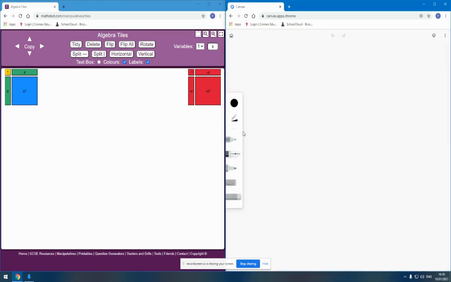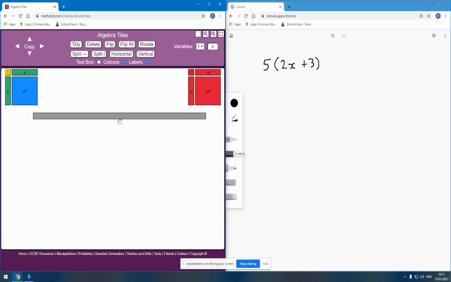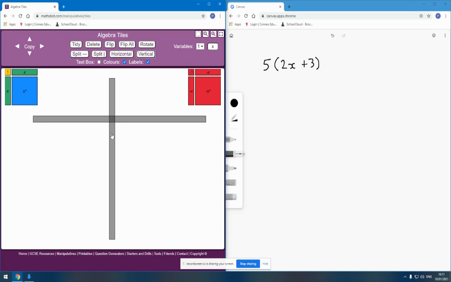So let's say I want to look at an expression, something like 5 times 2x plus 3. Well, the way I'm going to help learners make sense of that, and hopefully they will already have some experience of multiplication as an area for this, is to multiply these two factors